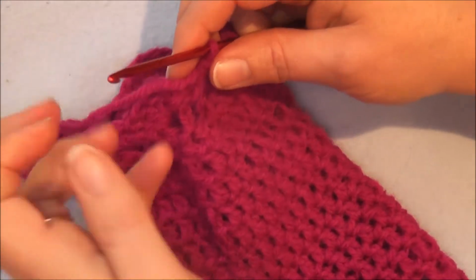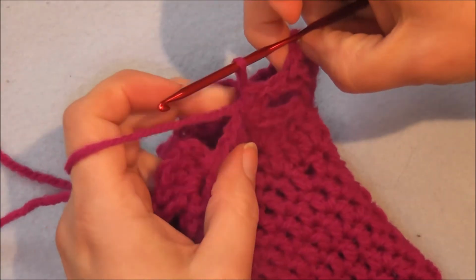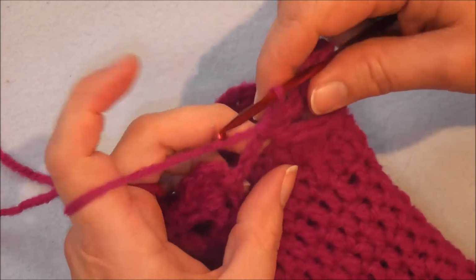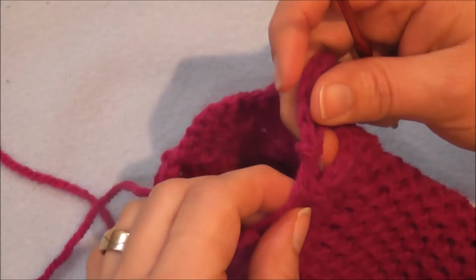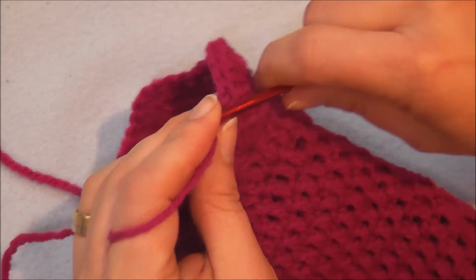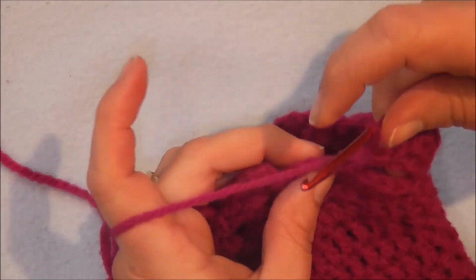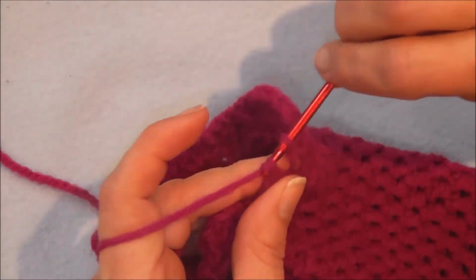Sorry, I think I told you a nonsense there. So let's just go back one step. So I have now my fan, my single crochet in the next chain 3. Let's go back to the last fan. Okay, last fan, here we go. I think I made a mistake there because I wasn't concentrating. So I have my single crochet, chain 1, single crochet,